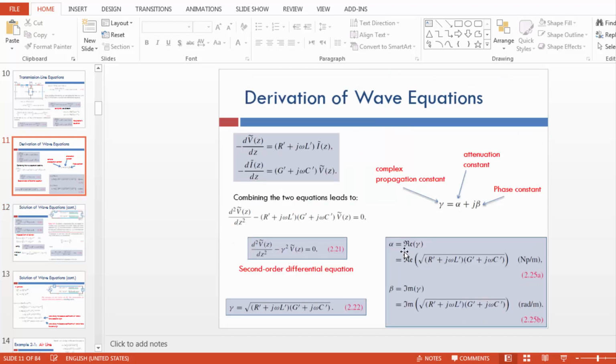And we could also calculate alpha and beta by using the parameters R, L, G, C, okay, to calculate the attenuation coefficient and phase constant. So